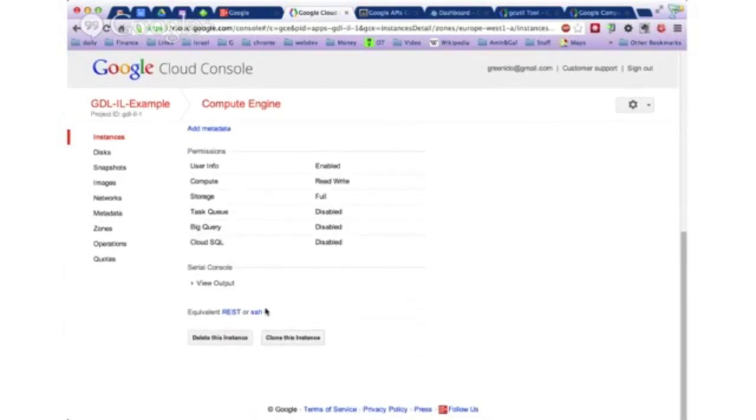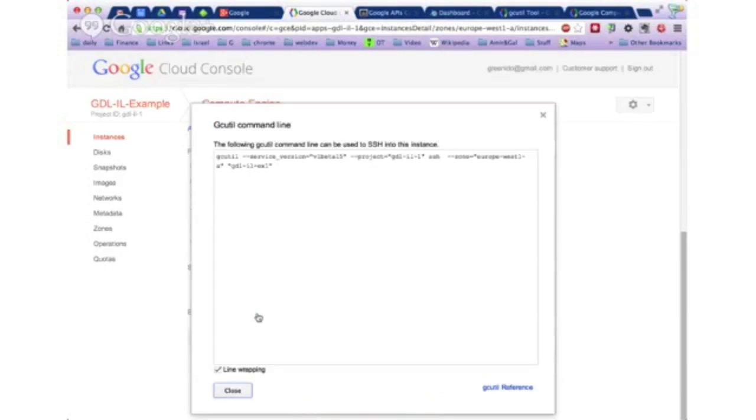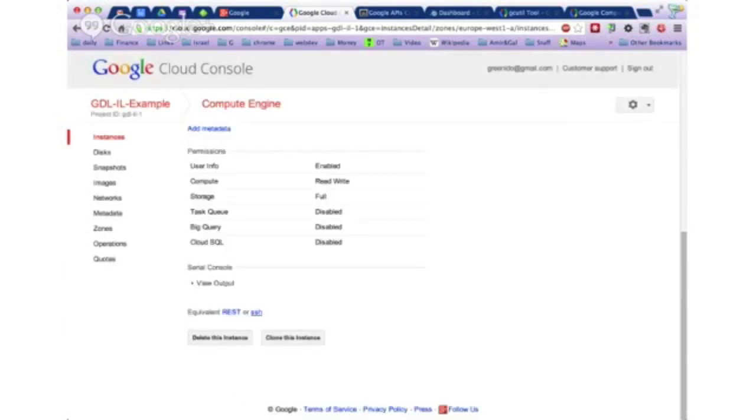And down here at the bottom, you have the ability to see how you want to communicate with this specific box. In our case, we'll choose SSH. To work with SSH, we have this nice gcutil tool that after you install it, and it's quite easy, 4 steps, 4 clicks, and you're installing it, you'll run this specific command in order to connect to your box. Now, as I said, I already